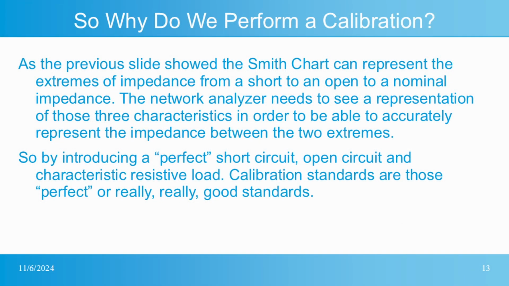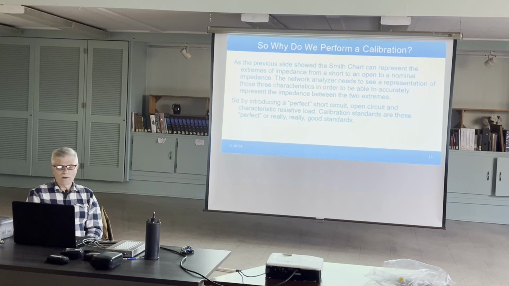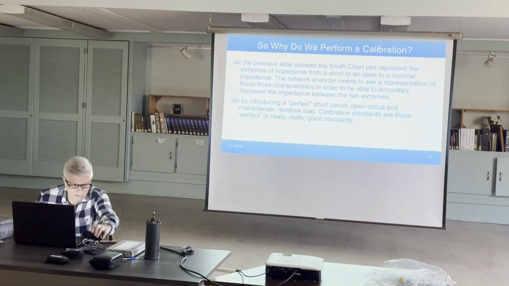So why do we perform a calibration? Well, I kind of said this already, but I'm always getting ahead of myself. As the previous slide showed, the Smith chart can represent the extremes of impedance from a short to an open to a nominal impedance. The network analyzer needs to see a representation of those three characteristics in order to be able to accurately represent the impedance between the two extremes. So by introducing a perfect short circuit, open circuit, and characteristic resistive load, the calibration standards are those perfect, or really, really good, standards. And this is an SMA standard,